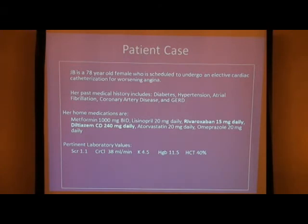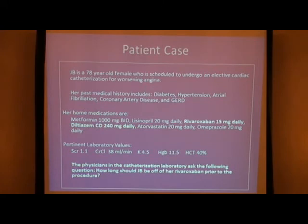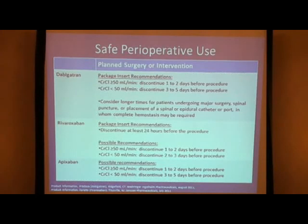And her home medications include the following. Probably the things to mostly note is she is on Rivaroxaban, that reduced dose, and she's on diltiazem, a moderate 3A4 and P-gp inhibitor. And her pertinent laboratory values: her serum creatinine is at baseline, her creatinine clearance is around 40, and the rest of her labs look pretty good. So the question is, how long should JB stop her Rivaroxaban prior to her procedure? And how do we know how long we should hold this drug for? Well, luckily for us,